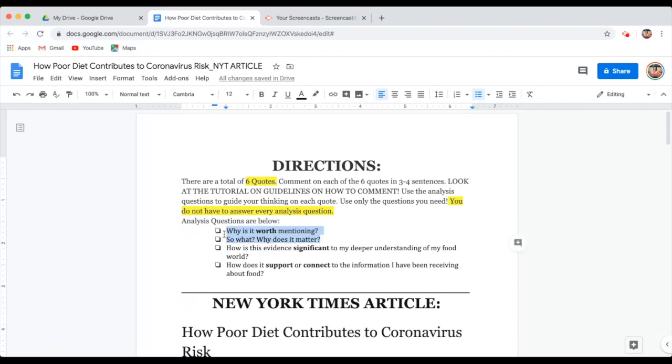Well, now it's got me thinking about grandma, grandpa, mom, dad, the older people in my life, maybe those who are a little bit heavier or that I know have diabetes. This is concerning me a little bit, right? It's letting me know that my group is more at risk and may not be getting the support that they need. Okay, I'm going to stop right there because I feel like that was a lot and I could probably make that a comment.